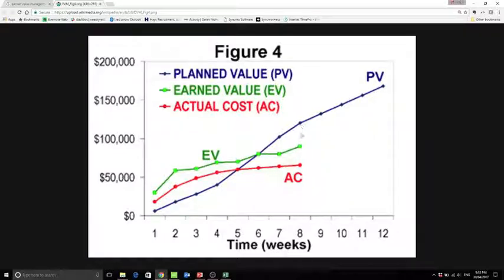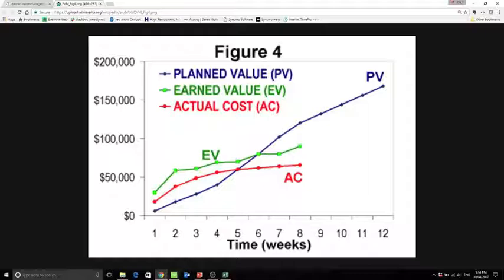So it looks like the project is behind schedule, but our actual costs are below our earned value, which means that it's cost us less to achieve that amount of work. So it looks like we are behind schedule, but also below budget. But we can't tell why we are behind schedule or if there are any critical items that may hold us up. And the earned value measurement method that I'm going to show you using Synchro could help us identify these